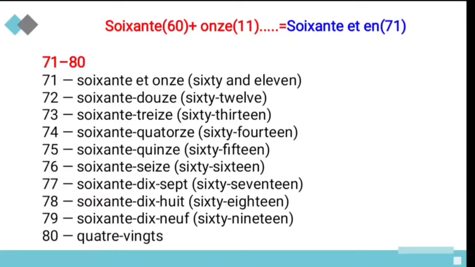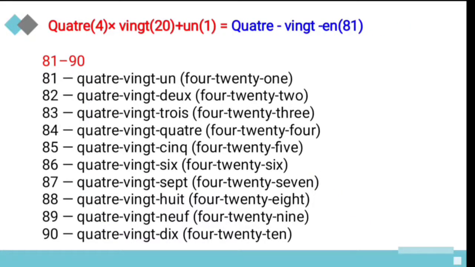that is 4 into 20 is equal to what? 80. That is quatre-vingts, 4 and 20 in French. So for this you have to add s. So 80 means quatre-vingts. See, 4 times 20 plus 1. Here you have to use the numbers from 1 to 9 and see the answer. 81, that is quatre-vingt-un, 4 times 20 plus 1, and 82, 83,